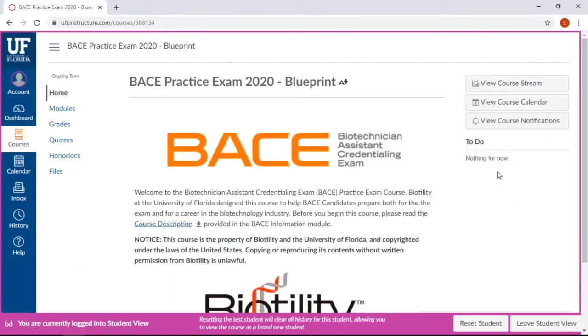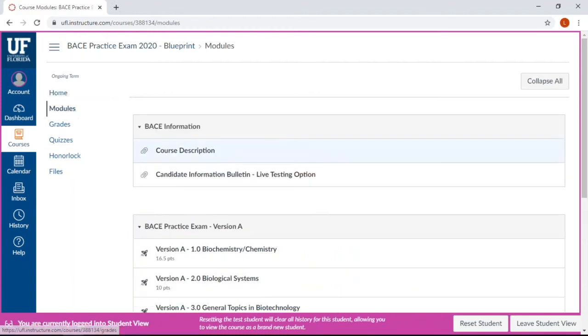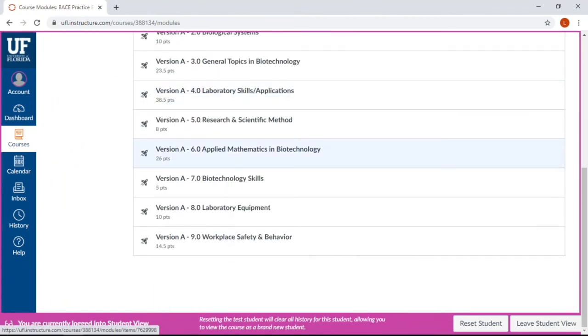Student View creates a test student in your course through which you can interact. Notice that your students now only have access to the modules and items that you left published. Click the Leave Student View button in the purple ribbon to return to your teaching assistant role.